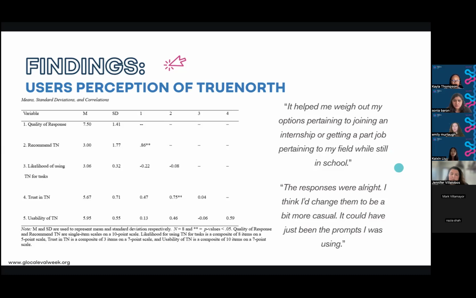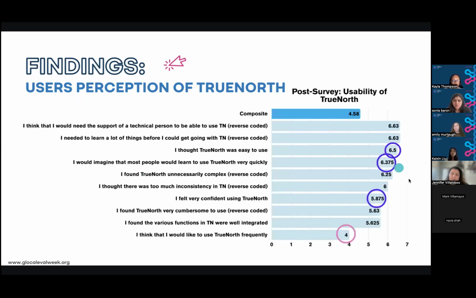Next, I want to share some item level mean scores from our usability measures. These are useful because they can help the developer team know a little bit more about user perceptions of TrueNorth. From this, we see that respondents found TrueNorth easy to use. It was quick to learn how to use it, and people felt confident. Lower on that score, you see in the circle in the pink, people were less likely to use TrueNorth frequently. And this might connect back to the findings of our post score about recommending TrueNorth. Those 2 scores sort of align, so we see areas of alignment.